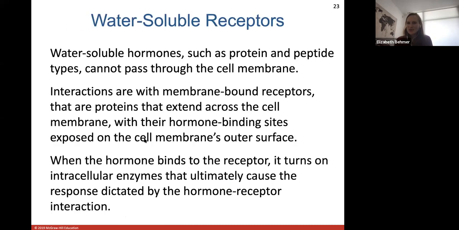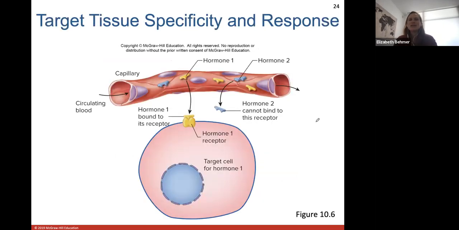A water-soluble receptor, which we talked about again, water-soluble hormones cannot pass through the cell membrane. So they will just interact with cell membrane receptors. When hormones bind to receptors on the plasma membrane, it turns on what we call an intracellular enzyme cascade that ultimately causes the response dictated by the hormone receptor interaction. So this just goes through, and I won't go too much further here, but this just talks a little bit